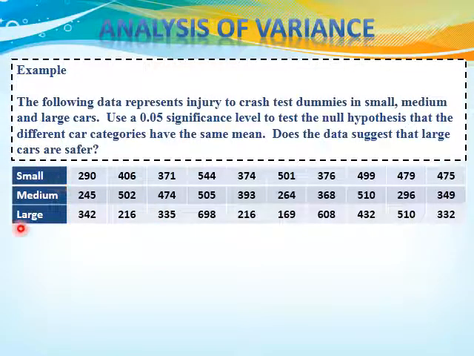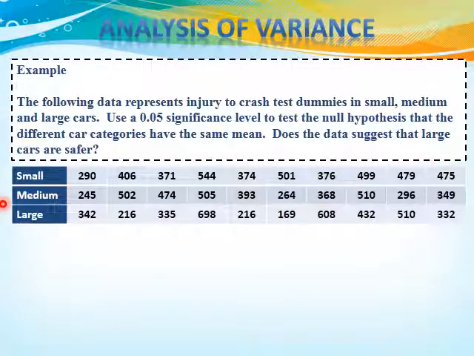So what we mean by one way is that there's one variable that we're testing. In this case, the size of the car is the variable, and it can be small, medium, or large. But we might have also specified the size of car in different categories. So maybe a lightweight car would have been 1,500 pounds, and then 1,500 to 2,000 pounds, and then 2,000 pounds to 2,500 pounds on up. So there might have been several categories here, but the one way means that there's one variable that we're testing